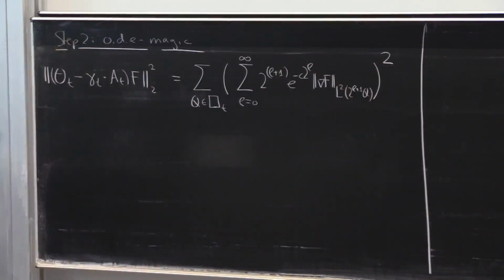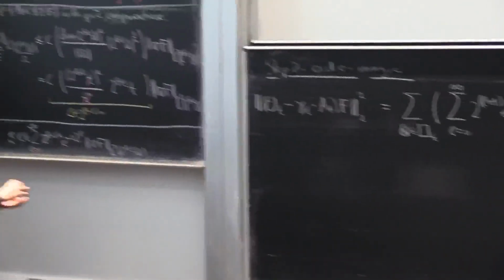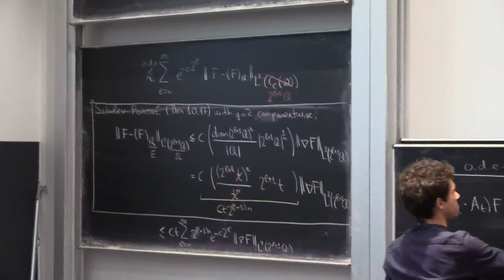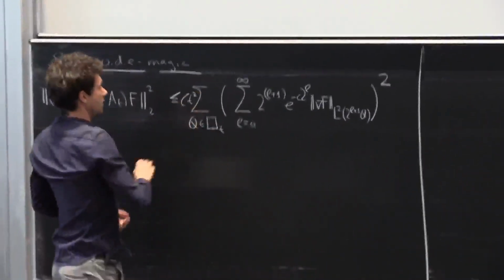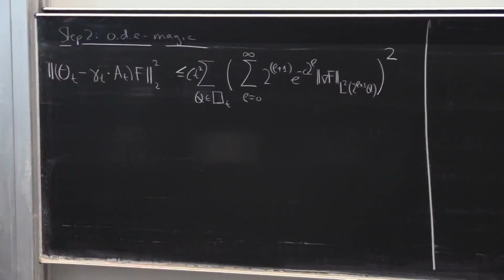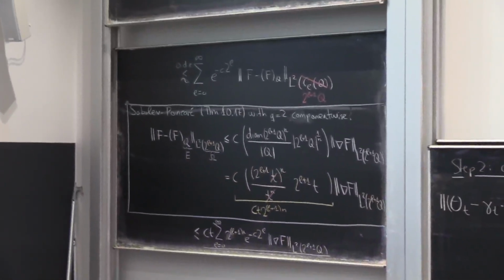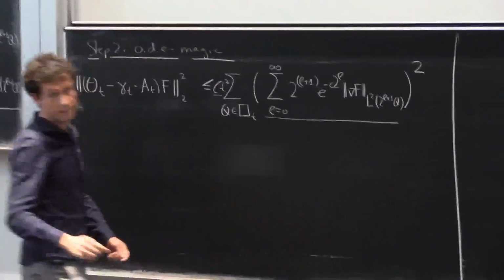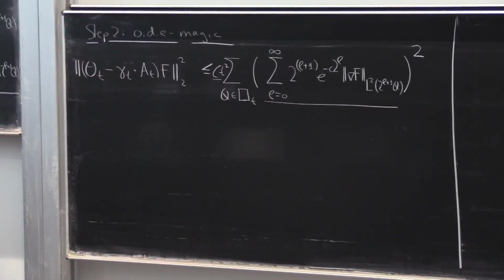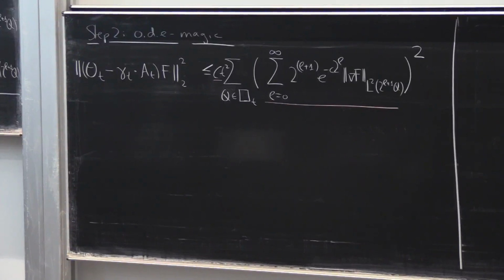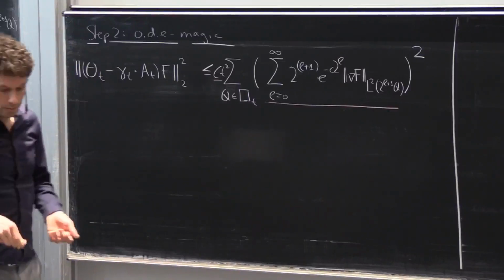Let me just show you that. There's a t missing. There's a t squared missing. Okay, let me just show you that I used this part here, which reappeared over here. The reason it reappeared is that it's an upper bound for the local L2 norm on Q, and I had to square all the local L2 norms and then sum over the cubes, so I get this horrible expression. But the expression is not as horrible as you may think.